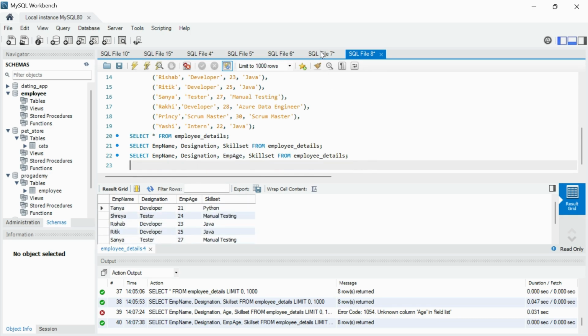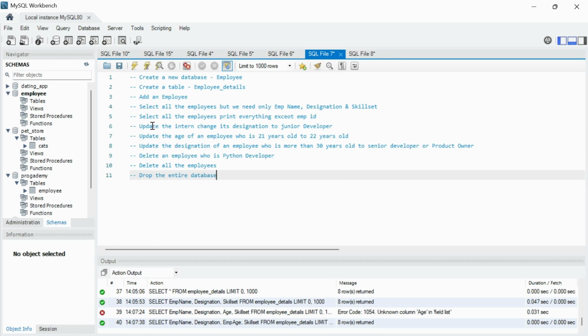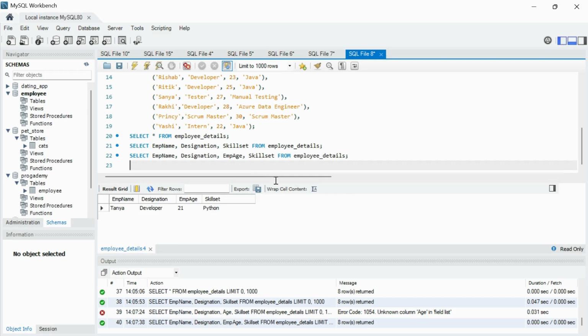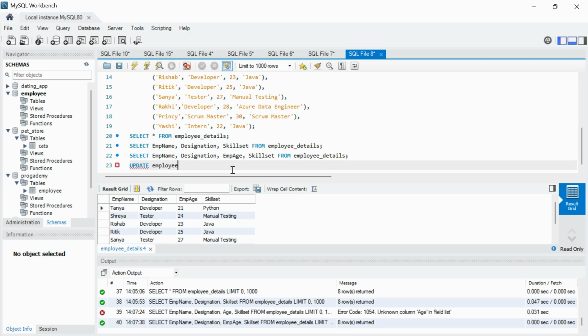Now next step we have is update the intern, change its designation to junior developer. Now update table name, that is employee details, set designation is equals to junior developer,